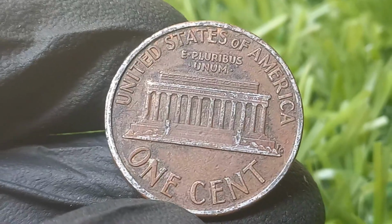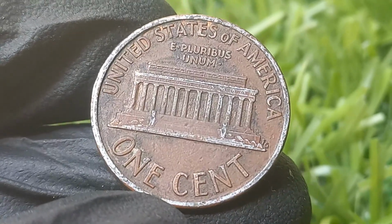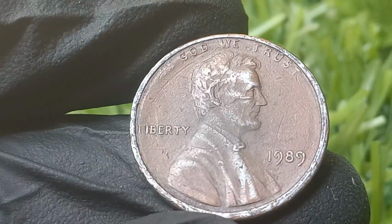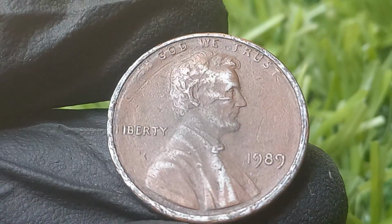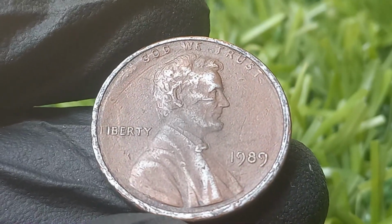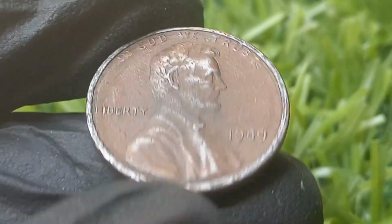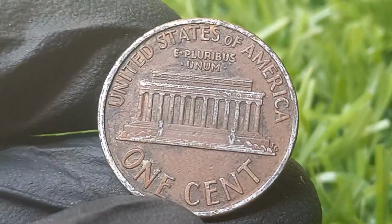One man's pocket change became a $1 million miracle, and that possibility keeps every coin hunter awake at night. Here's the secret detail you need to know. On an authentic 1989 no mint mark Lincoln cent, the space under the date is completely blank, but not because it came from Philadelphia. Instead, it's the result of a misused die, a mix-up so rare that only a handful